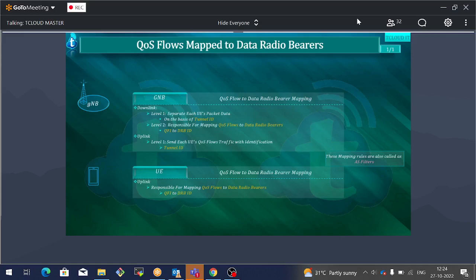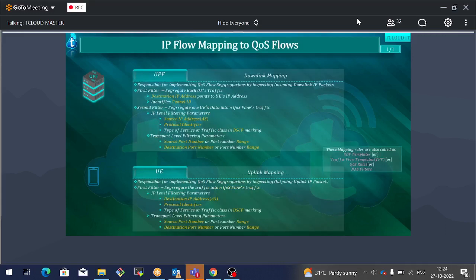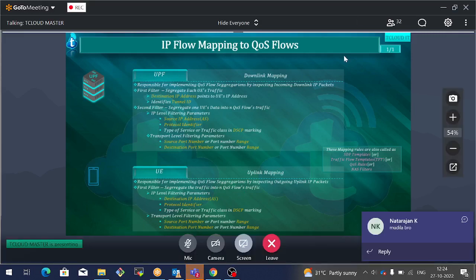Only the ones inspecting the data are mobile in uplink direction, UPF in downlink direction. You need to remember that. UPF in downlink identifies which IP packets belong to which QoS flow, identifying the QFI ID. UE in uplink direction does the same. But carrying this information to G node B is important